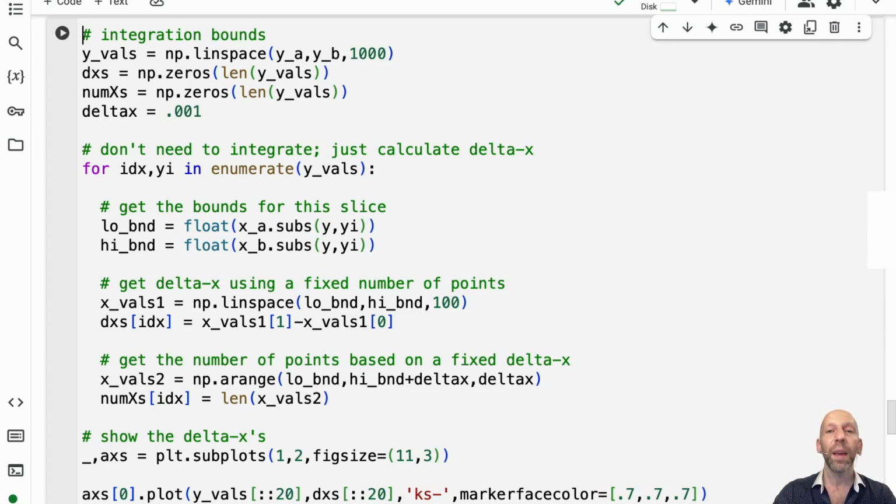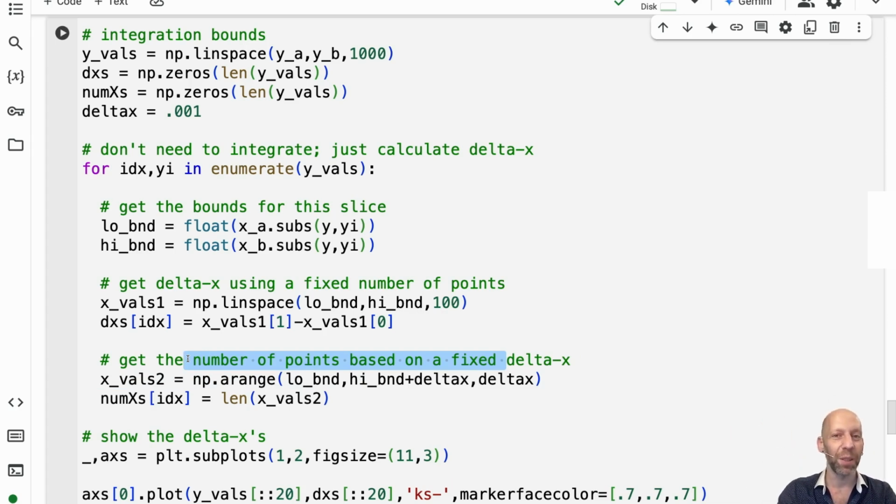So there's no integration code here. Instead, what we want to do is fix the number of x-axis points to determine the delta x, and fix delta x and determine the number of points. So this is going to produce that figure in the book that I just showed with the two